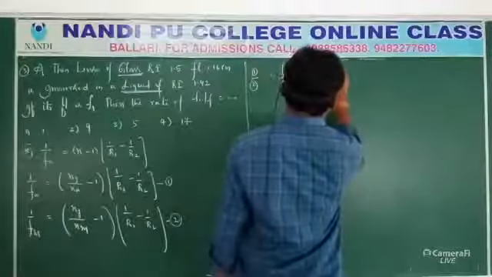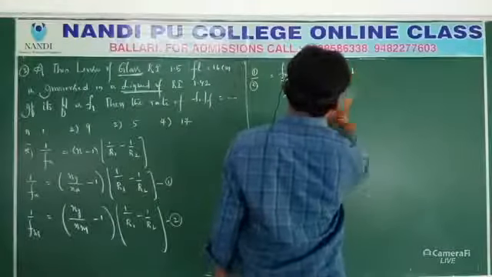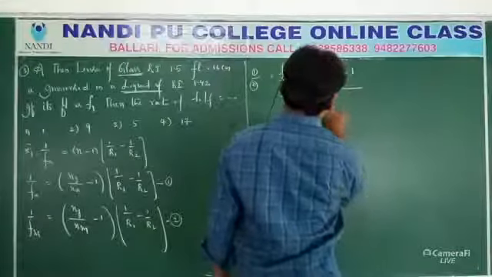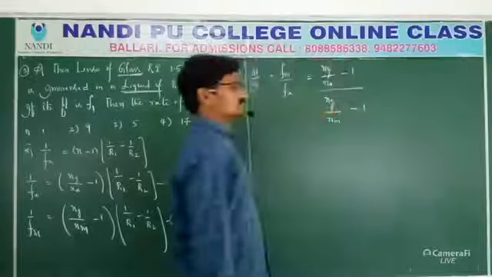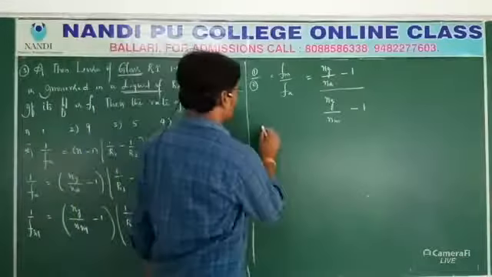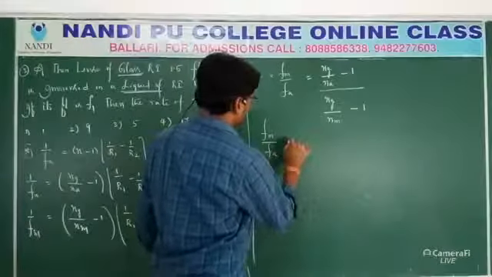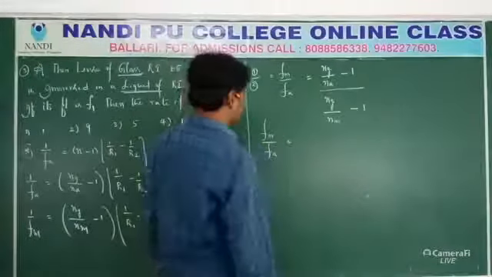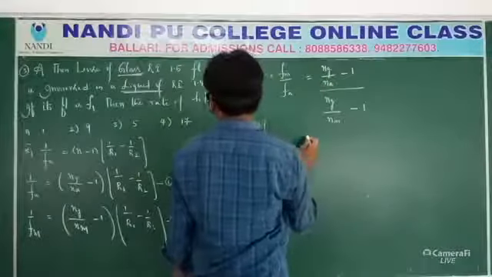Ng by Na minus 1 by Ng by Nm minus 1. So why? Because these two get cancelled. You can substitute there. Fm by Fa is equals to Ng. Ng is how much? Refractive index of the glass